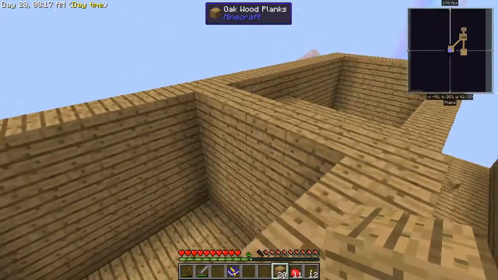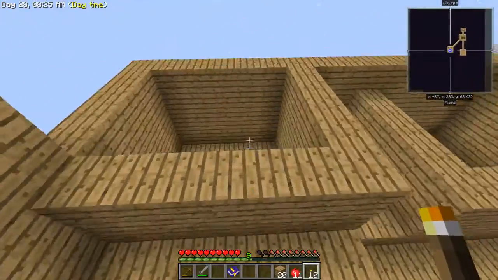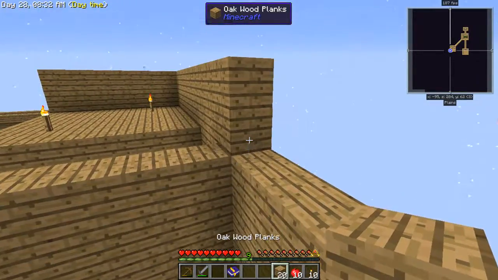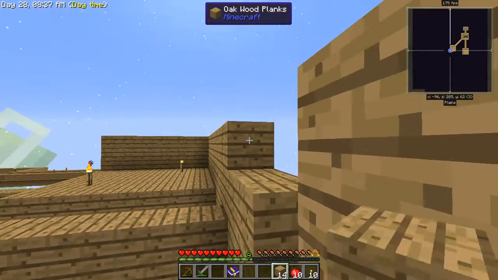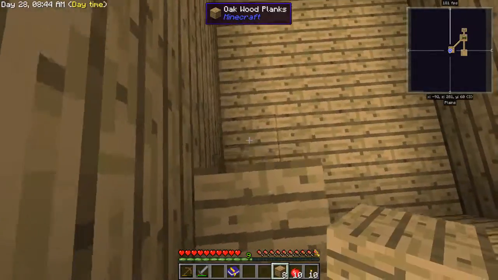Okay, anyways, so that's gonna be filled up. That's one platform right there. Let's actually place some torches on it real quick, just to make sure that nothing spawns, even though it's broad daylight. So now we can just fill that in, and then we have to do this to the same,